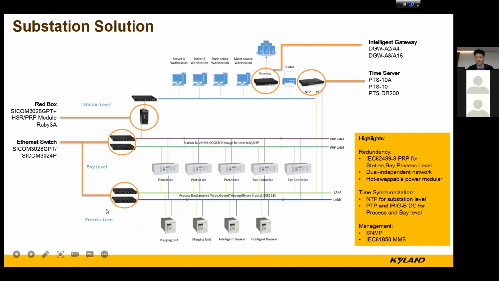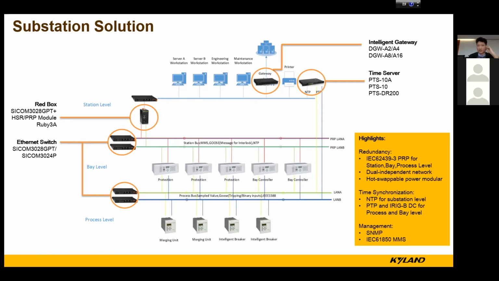So our switch only needs to transparently pass the PRP tagged packets. And we don't need additional PRP modules to be installed in the switch. But there is a difference in the network between the bay level and station level. Although the protection relays and bay controllers already support PRP, the workstations and the servers are not PRP supported,